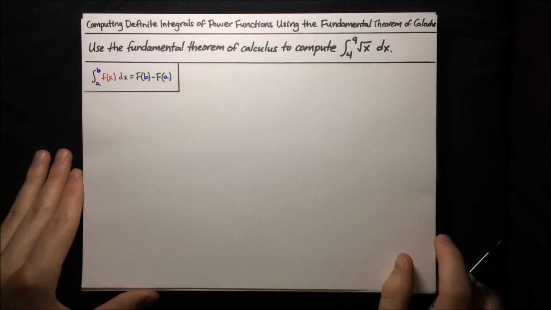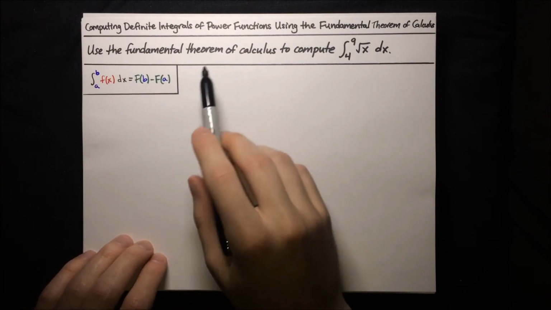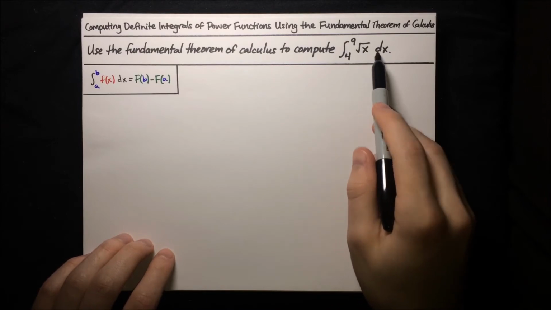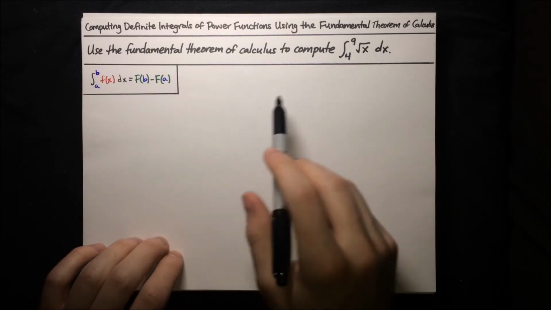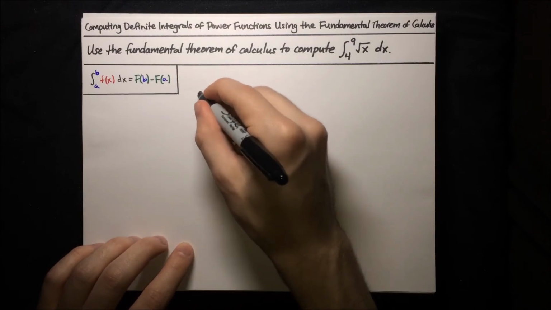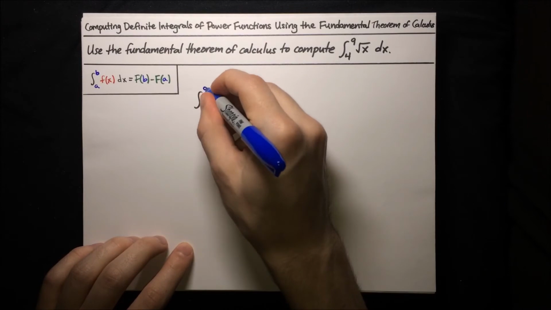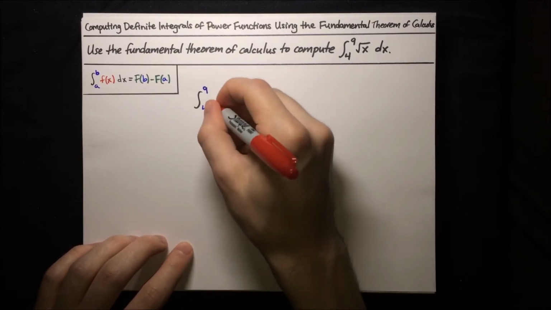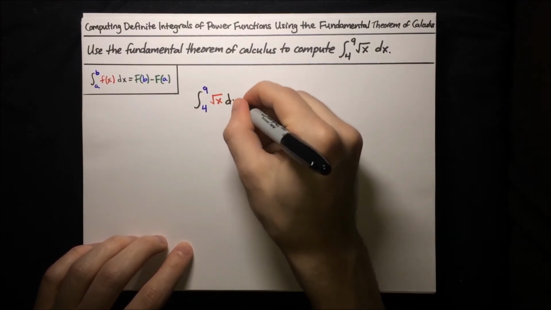Alright, here's another example. Again, we want to use the fundamental theorem of calculus to compute another integral. This time it's the integral of root x dx from 4 to 9. So let's go ahead and write that down in our colors. So we want to calculate the integral. Its bounds are at 4 and 9. The function small f of x inside the integral is root x, and then we've got our dx, and we